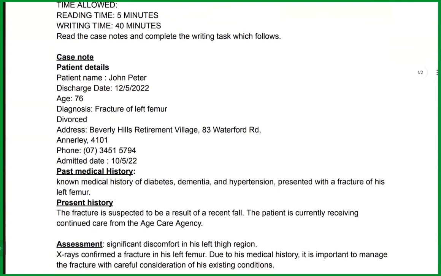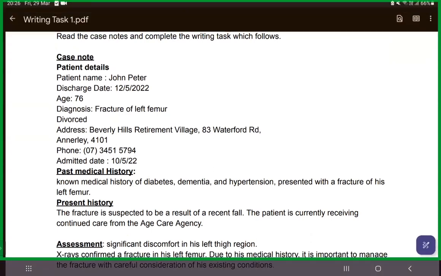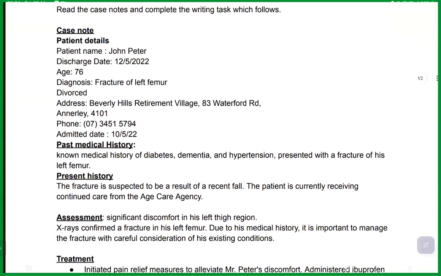Time allowed: reading time 5 minutes, writing time 40 minutes. Read the case note and complete the writing task which follows. Under the case note, patient details will be there: patient name, discharge date, age, diagnosis, whether divorced, married or single, all those details. That is family and social history, address, phone number, and the admission date when the patient was admitted to our